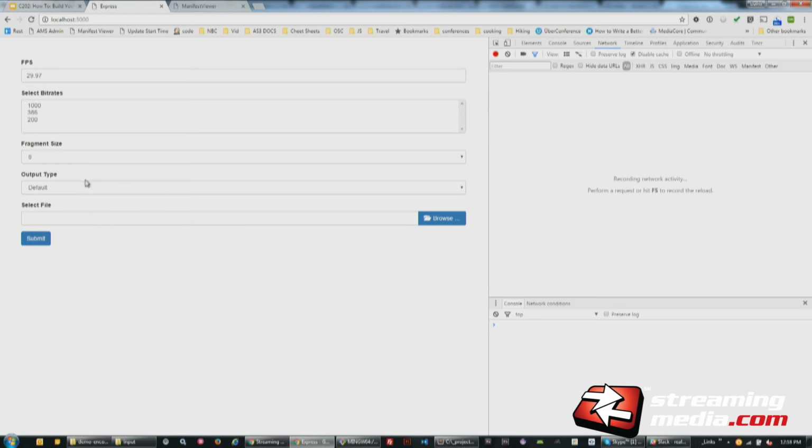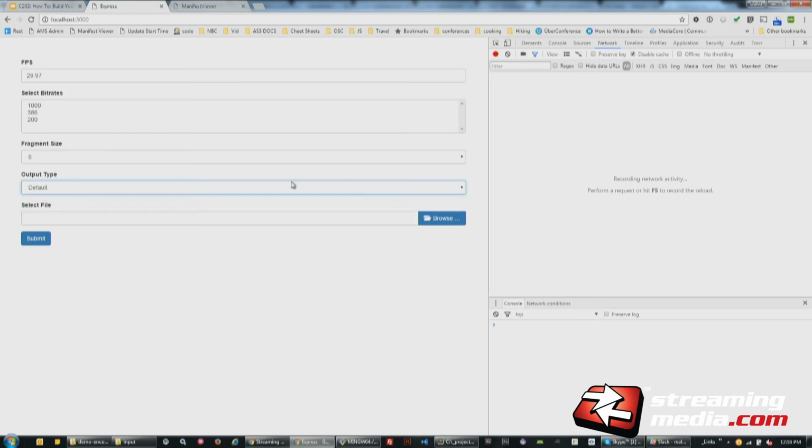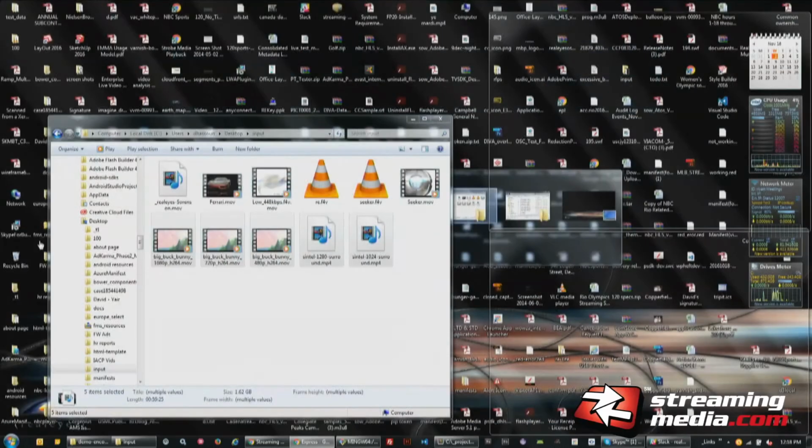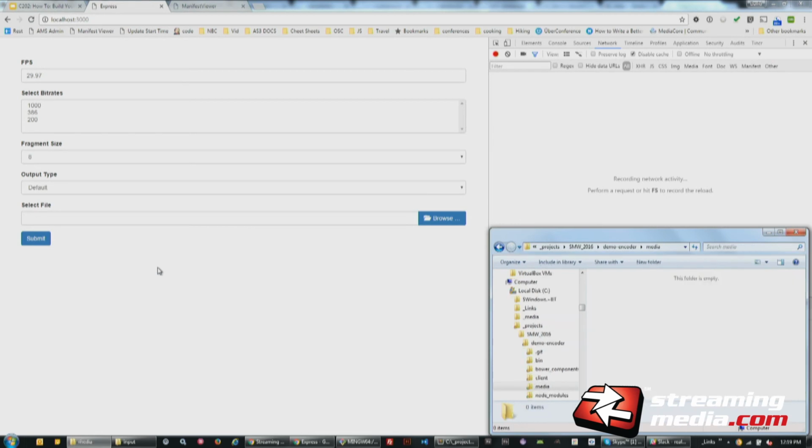Now, by default, it has this thing called output type default. That means it's actually going to give you multiple bit rates, so it'll do a multi-bit rate ABR. It'll do all of them at 8 seconds and 29.97. You can also change that and say, hey, I want to do just HLS or MP4. Default does HLS, so it does all the fragments and so forth. I'm going to leave that, and we'll see this run and execute and drop files here,